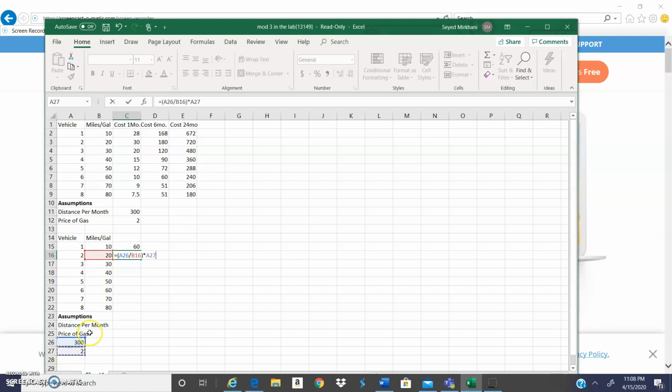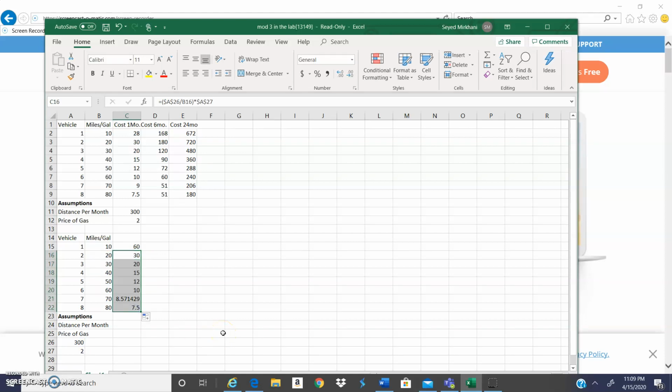And then, do you remember I said someday we can put the dollar sign? I can put it, and then I can copy my formula. That way I don't need to write it for everyone. I click here, I put my dollar sign here, and I put my dollar sign here to say that this number is fixed on this box. And then this number is also fixed. That is A27. Therefore, I put a dollar sign here and a dollar sign here. I still get the same number in here, but when I copy it, it knows that it has to put it in a fixed format,